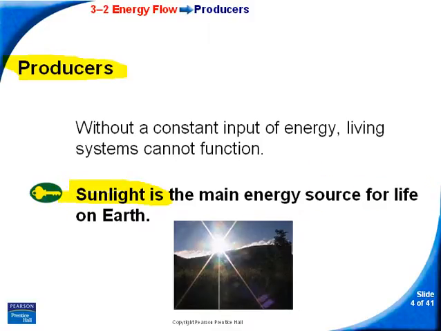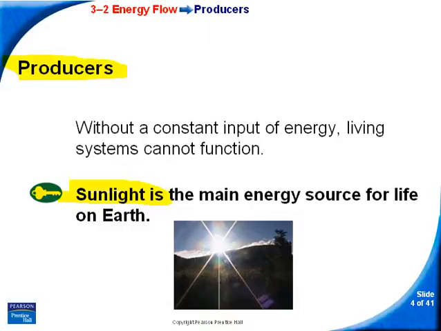If you were to look at any process or any place you get energy from, it all is going to go back to sunlight. And the classic example is, how did you get to school today? You drove in a car or a bus. How did the bus run? Well, it ran on gasoline. Where did that gasoline come from? It came from oil deposits under the ground, which at one time were living organisms like plants or dinosaurs or whatever that died millions and millions of years ago, were buried underground, and over time turned into oil.